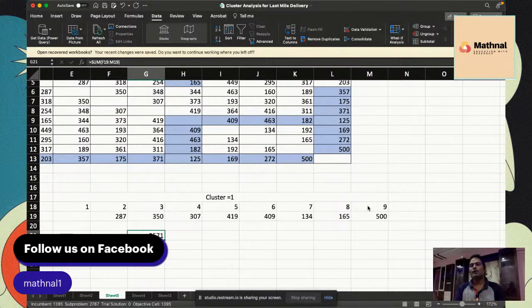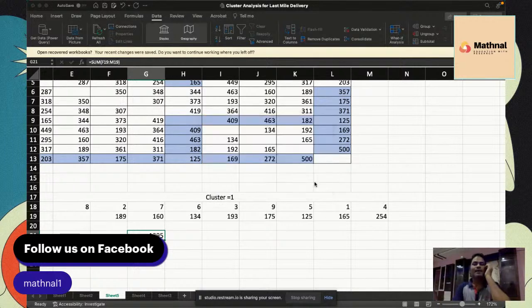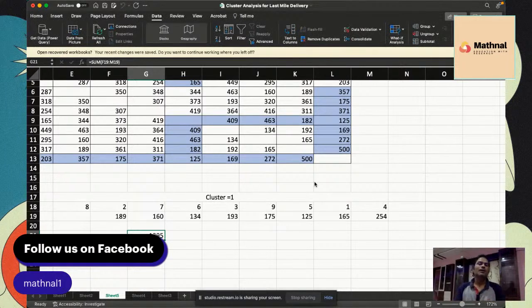It's a very powerful algorithm which you can execute in Excel. You don't need to buy any software, or you don't need to use any coding on Python or R. It's a very simple two-step process you can use in Excel, and you don't need to recreate it every time. So this is what we call a solution. You can create a template and copy and paste the template, and you can just